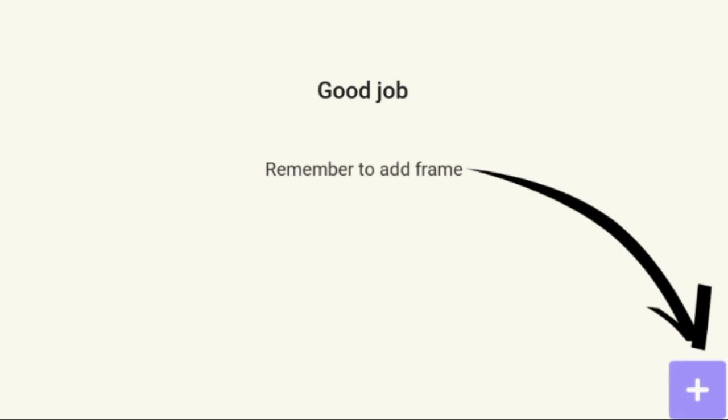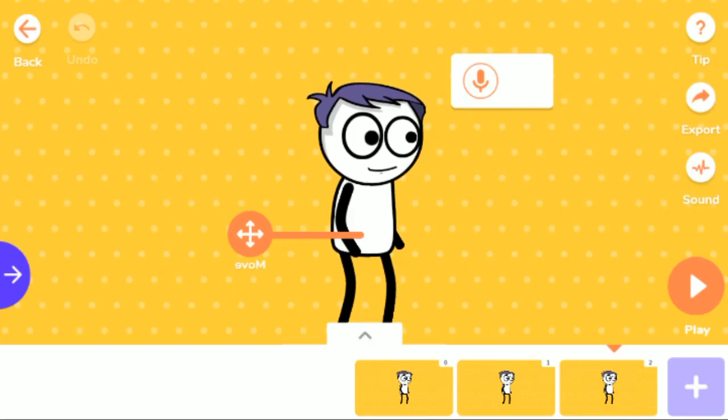So stop it. Now it is saying good job, I have finished the tutorial, and it is asking me to remember to add a frame after each dialogue. This is the key concept which you should always remember later when you use the TwinCraft application: after each dialogue you need to add a frame. I'll press got it, and now everything is okay. The export button is enabled, so now it's the normal mode and your onboarding is complete.